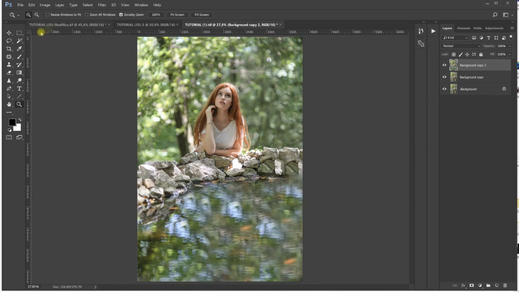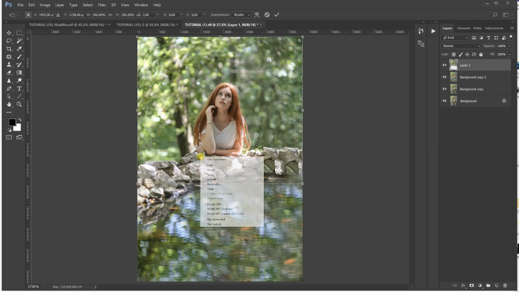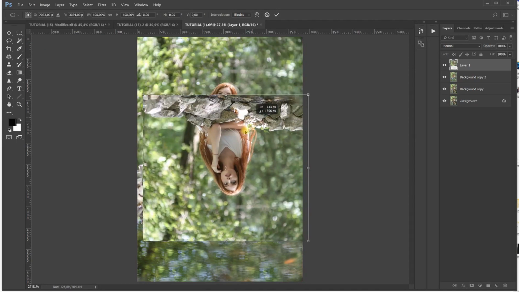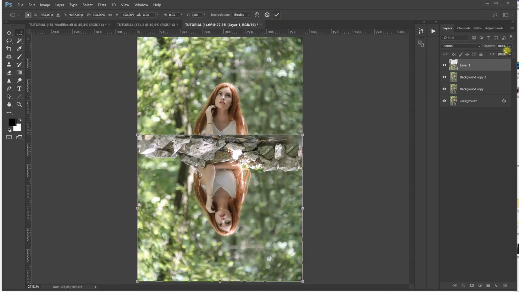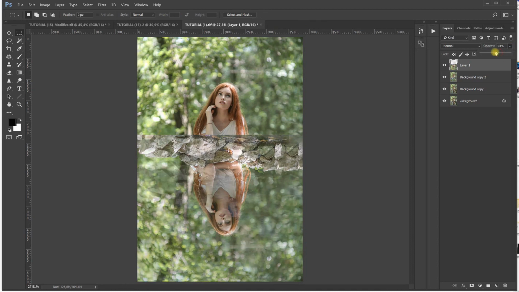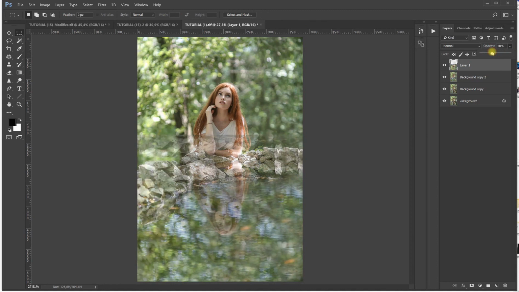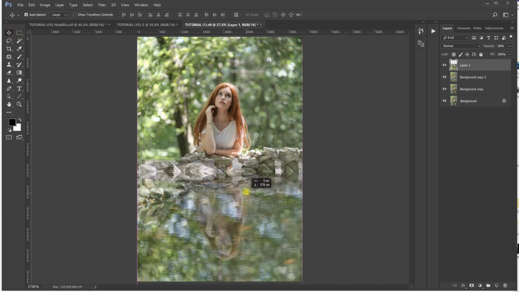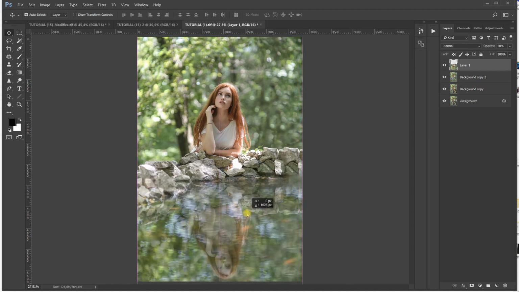We're going to do this by selecting the half, and I would go around here. We're going to copy this and now we're going to paste it. Now Control T or Command T to open up the transformation tools, and we're going to press flip vertical. Once you can see, we're placing a photo by putting the opacity down, and we need to make sure that it looks good, so around here. Okay,